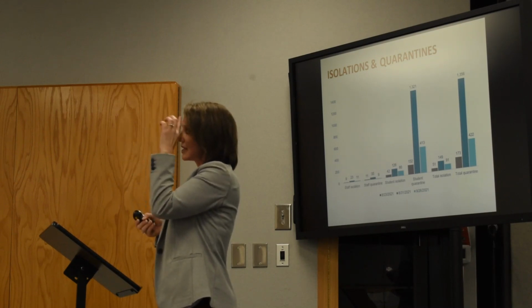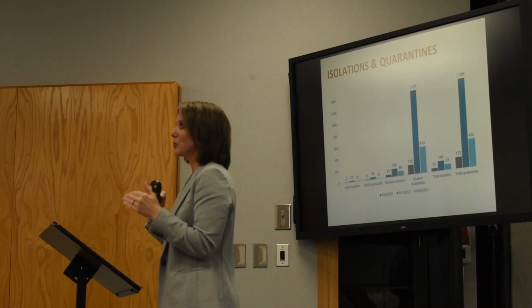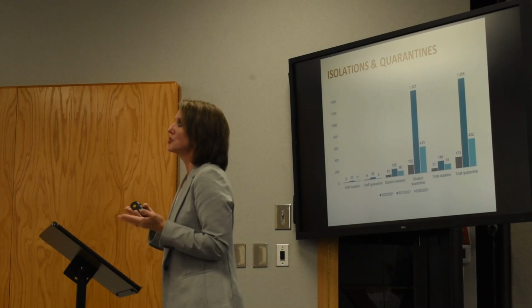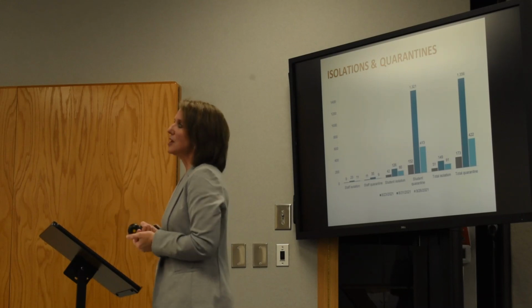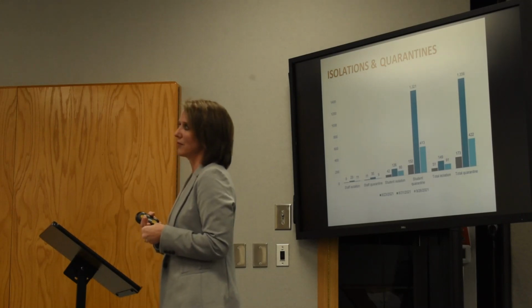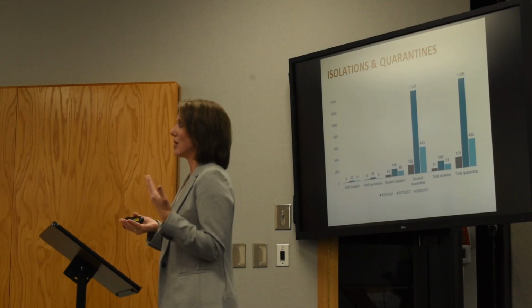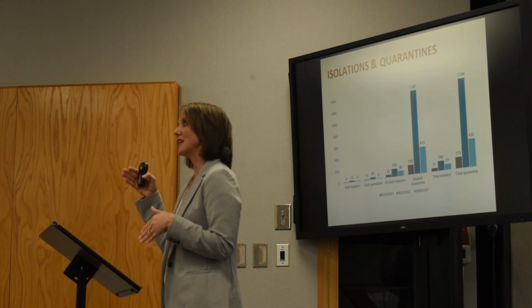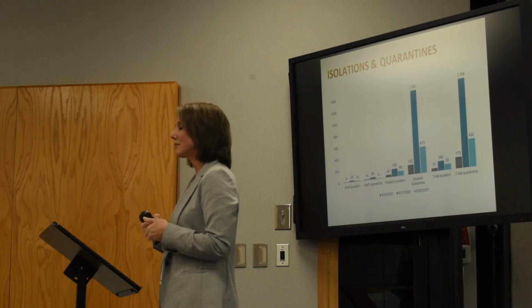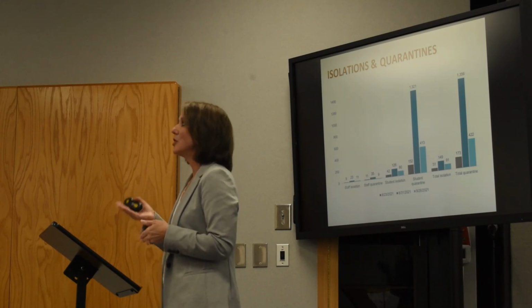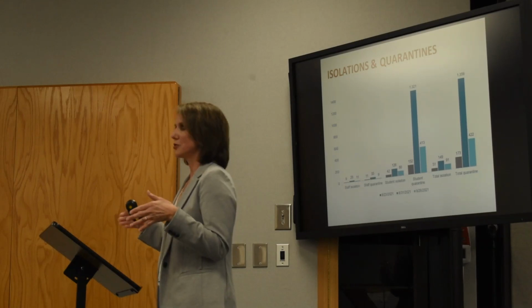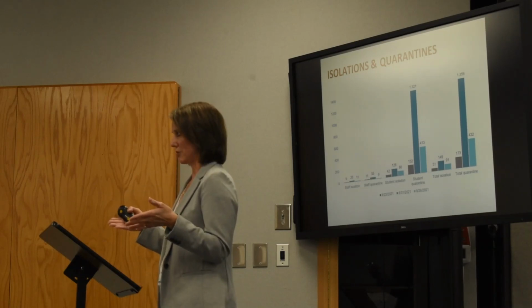So you'll see how much we have decreased the number of quarantines. If you look at student quarantines, for instance, you'll see that the week of August 31st, we had over 1,300 children who were in quarantine. But just a few weeks later, by September 26th, we drastically decreased that number. So again, more children are in their seats ready to learn.